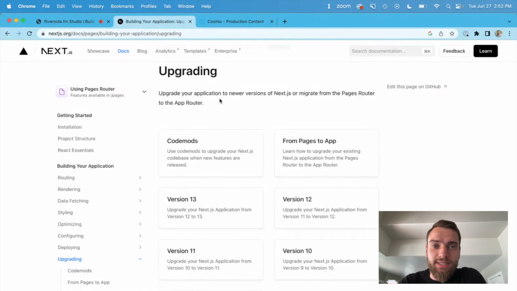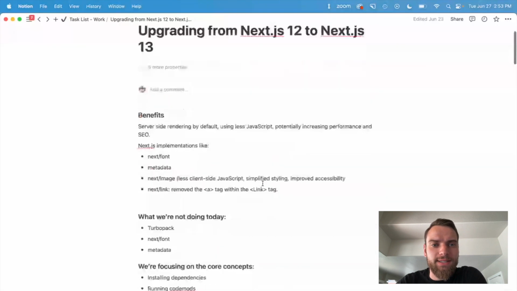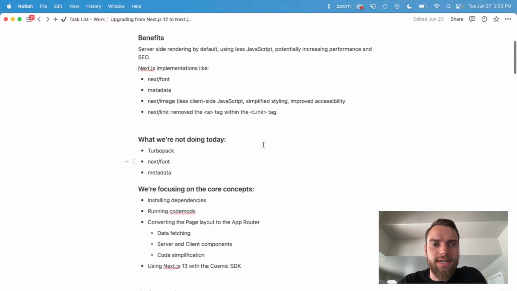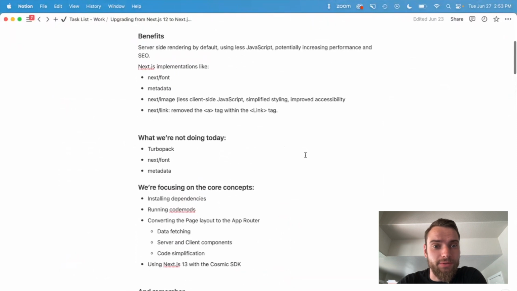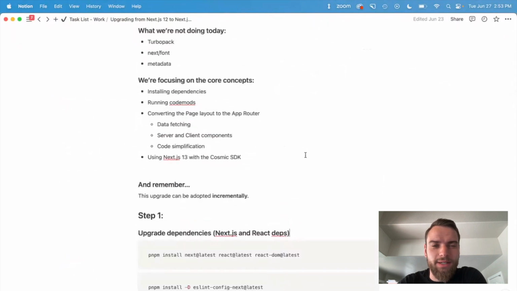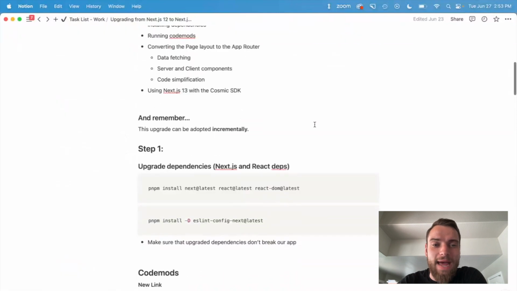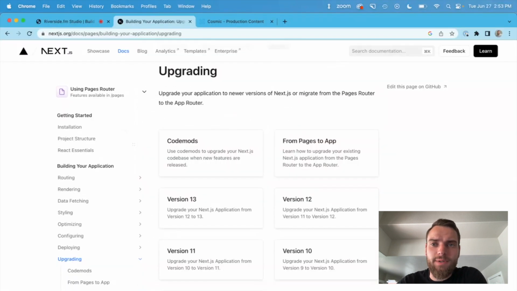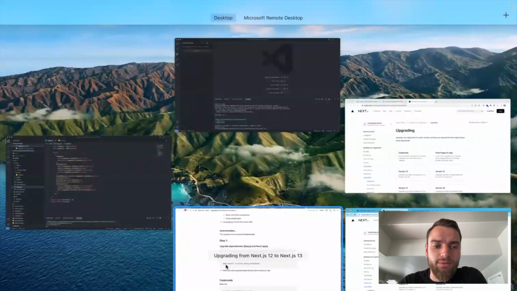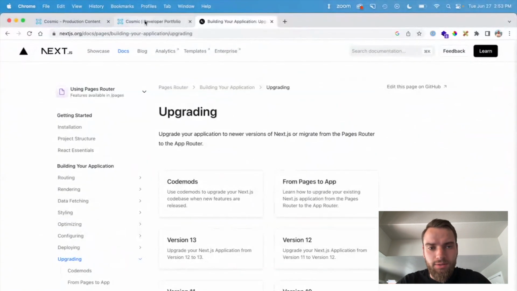We actually did an episode of Build Time in the past where we stumbled through this process, a very impromptu episode. So I was thinking that today we could talk a little bit about some of the core concepts of Next.js 13. Originally I was going to go through and do the whole thing, but we already did that. So let's just focus on the app router and how you can integrate Cosmic with our SDK in Next.js 13, as well as draft mode. So you can do really cool things like preview unpublished